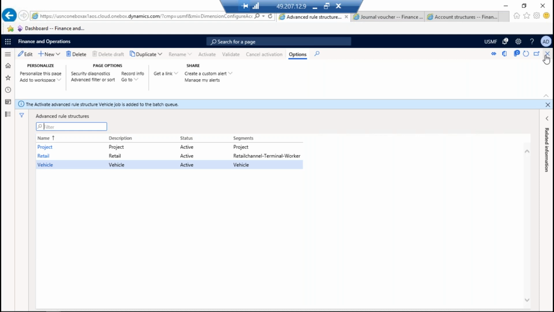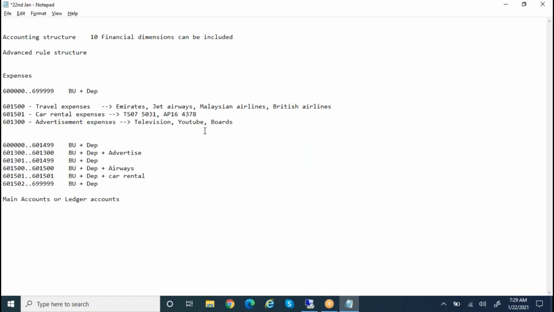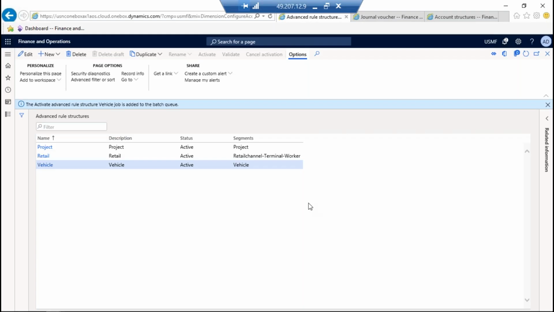So many people will think like, if I want 11th dimension, I will use this advanced rule structure. No, it is not 11th dimension. Even if it is 4 dimensions or 5 dimensions, I'm using this structure. So what is the advantage of this advanced rule structure? It is to minimize the accounting structures. To minimize the accounting structures, we are using advanced rule structure. Okay, so